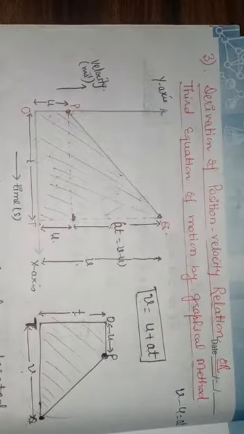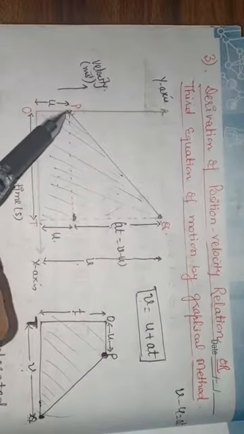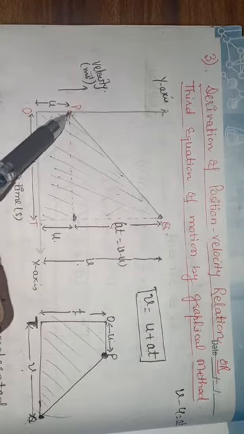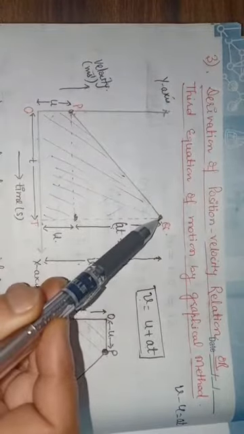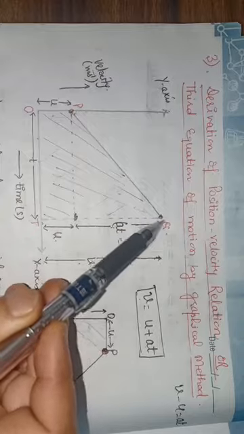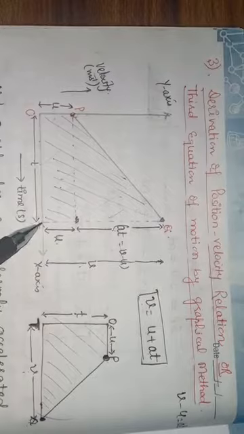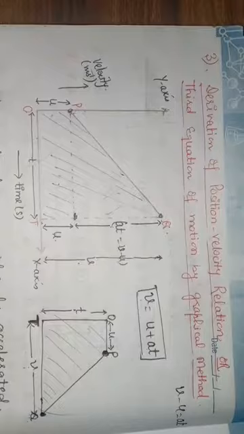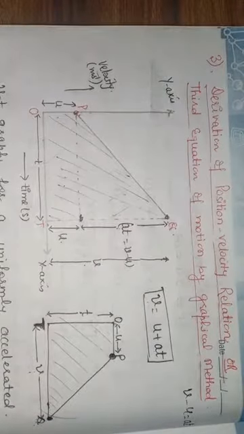is initially not at rest. So first of all we have to draw the velocity time graph when initially the object is not at rest. If the object is not at rest, then the position of the object is initially at point P, and it is moving with some initial velocity and it moved a distance up to point Q. Here the object has the final velocity, and this is the time interval during which this change in the velocity occurs. So we want to calculate the distance traveled under this curve.